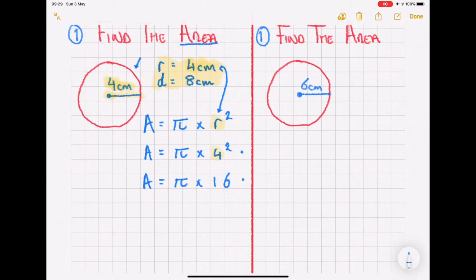And I went over how to find pi earlier. But if you have a Casio calculator, you press Shift, which is the top left. And then you press this button here that looks like times 10 to the power of x. And it should have a little pi and an E above it. And if you press Shift and then this button here, you'll end up with pi on the screen. Okay, so let's type that in. So pi times by 16. And we end up with